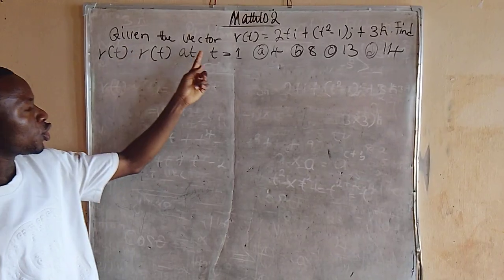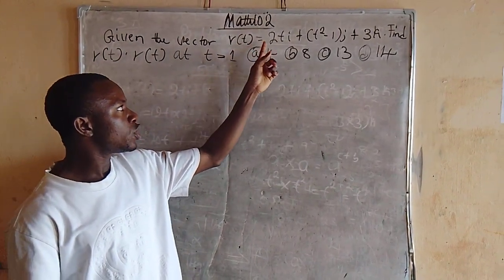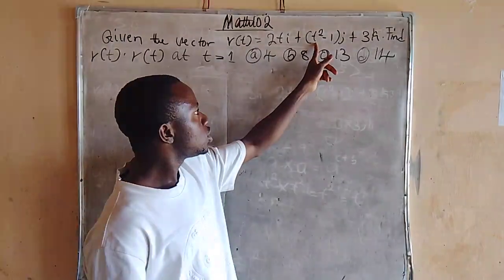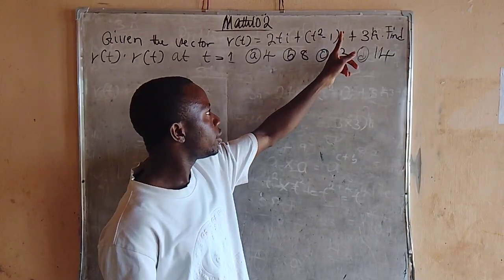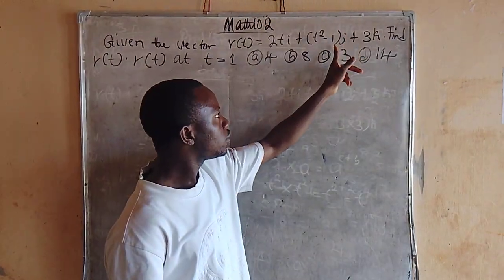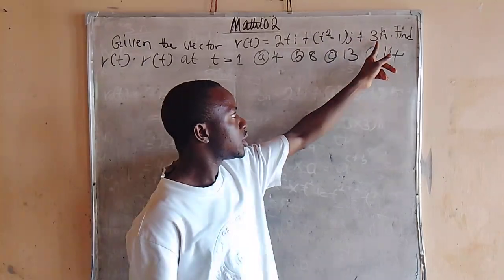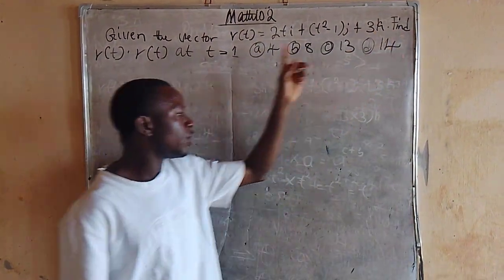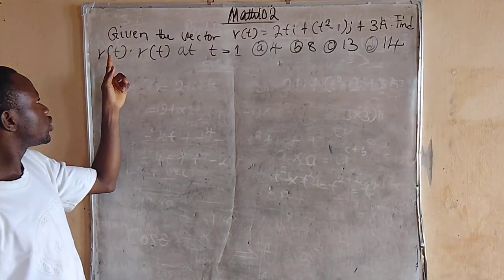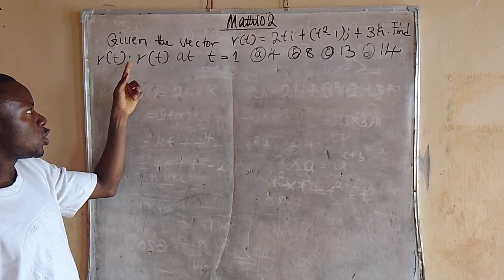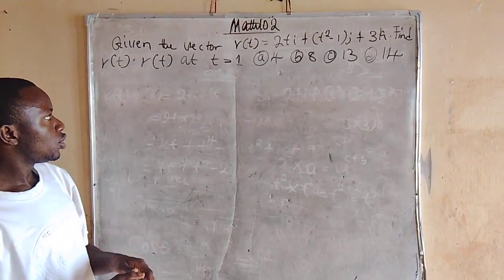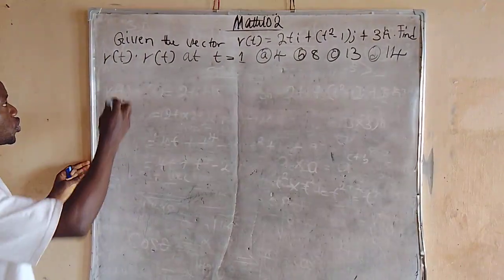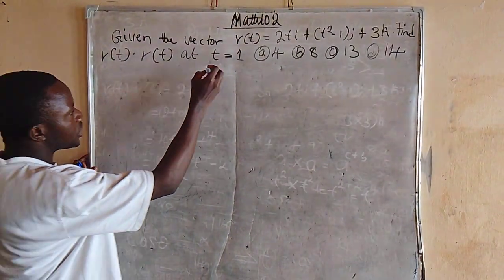Given the vector r with respect to t equals 2t i plus (t squared minus 1) j plus 3k, find r(t) dot r(t) at t equals 1. So what we are going to do when you have a question like this,